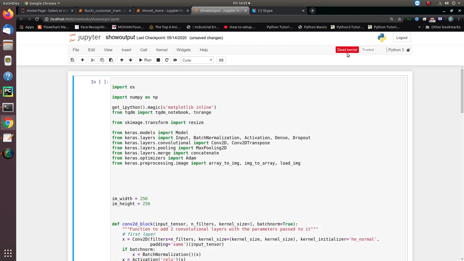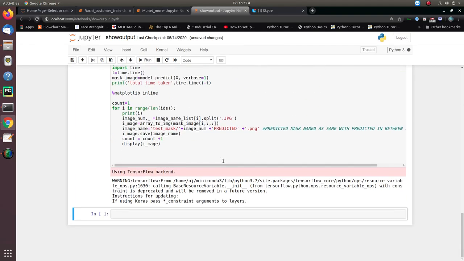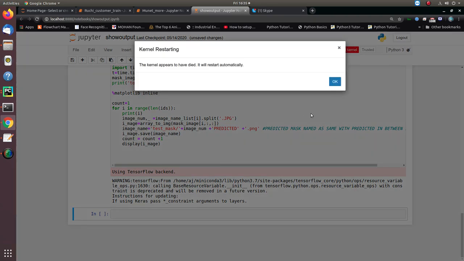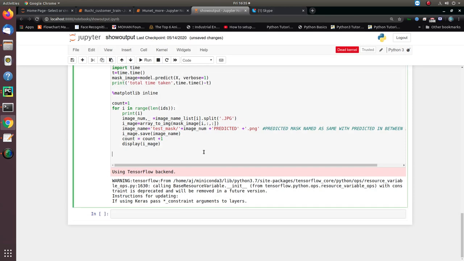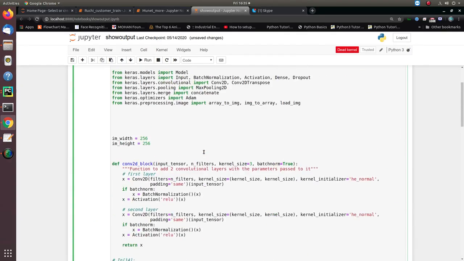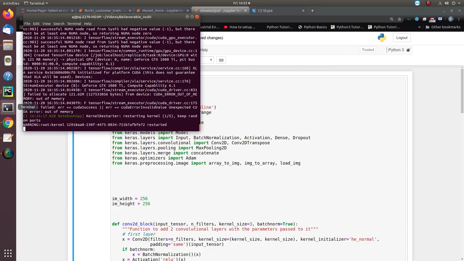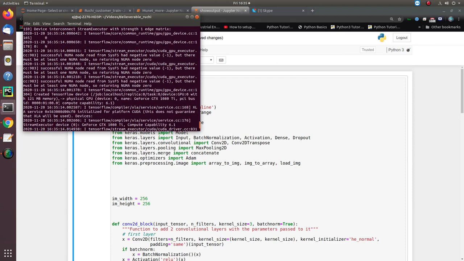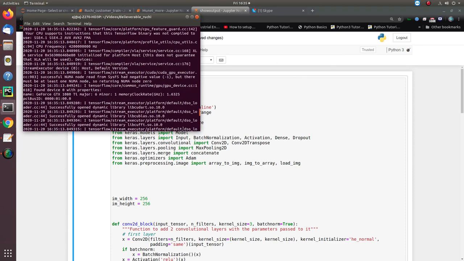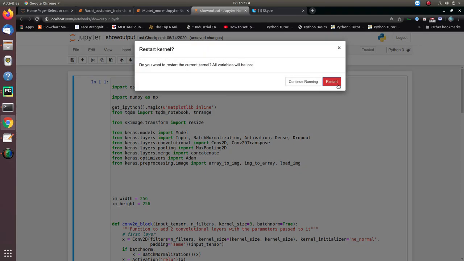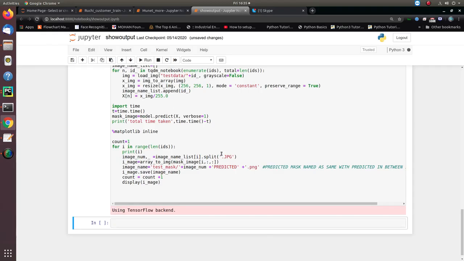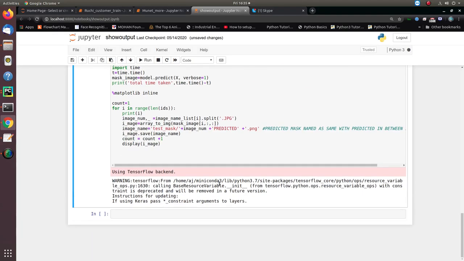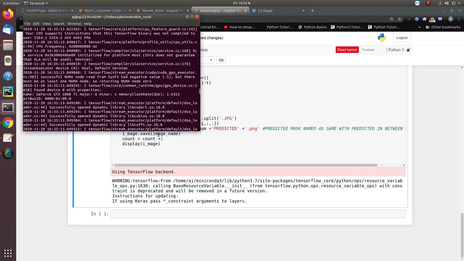Oh my god, my kernel is dead. My kernel is crashing every time.